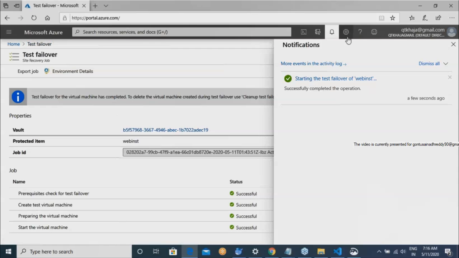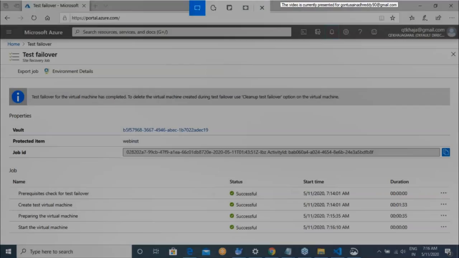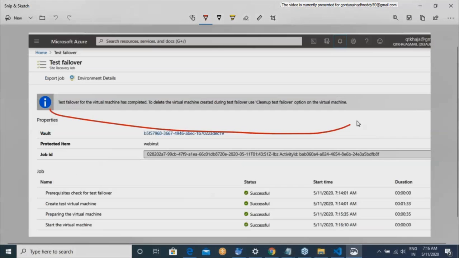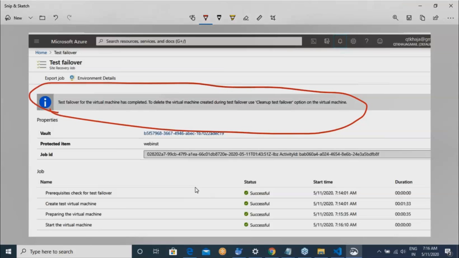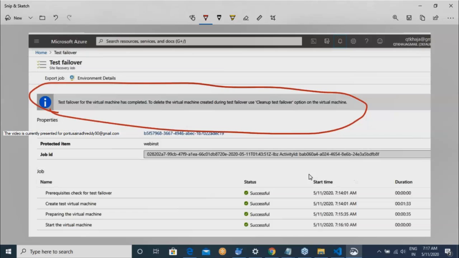Test failover of the virtual machine has been completed. Now let us see what happens. If you want to understand what has happened in the test failover, you can look into this. Let me save this image.